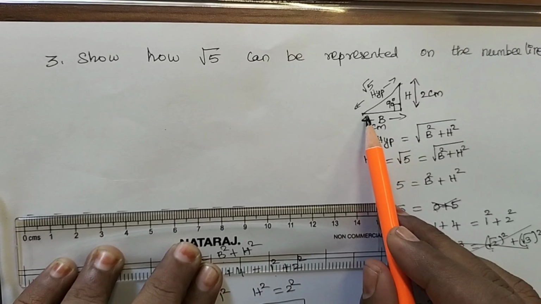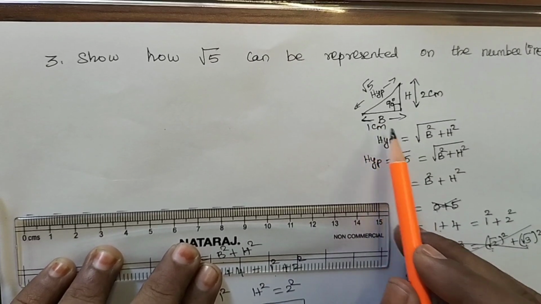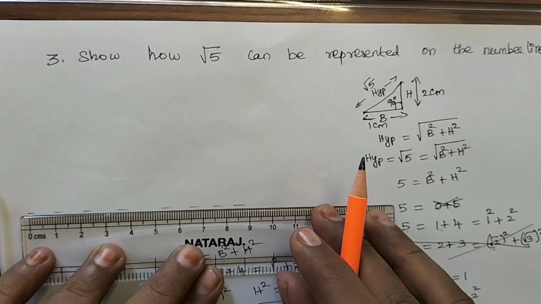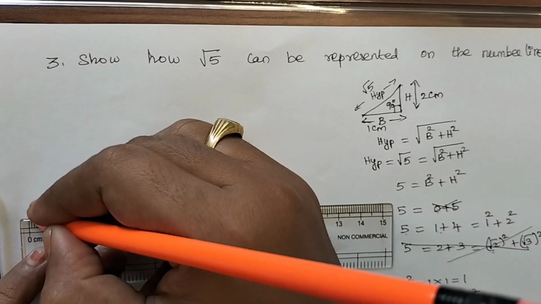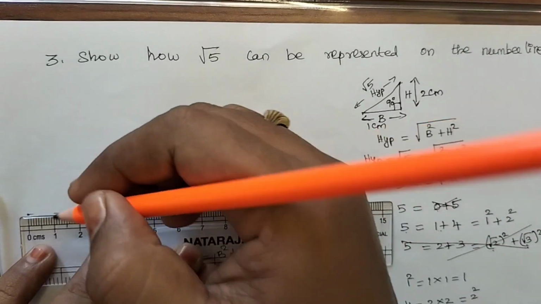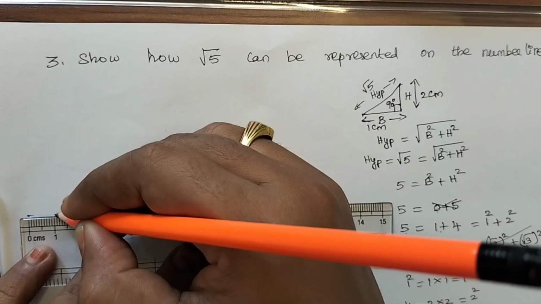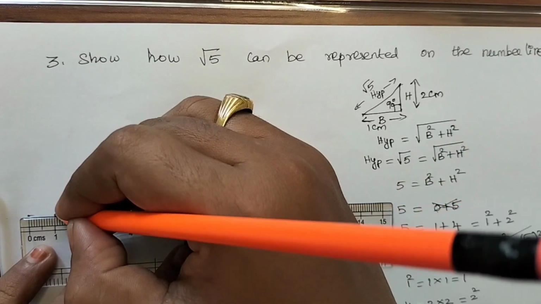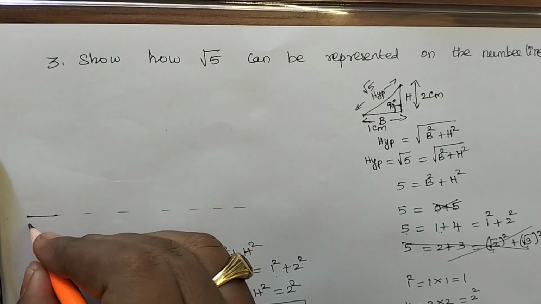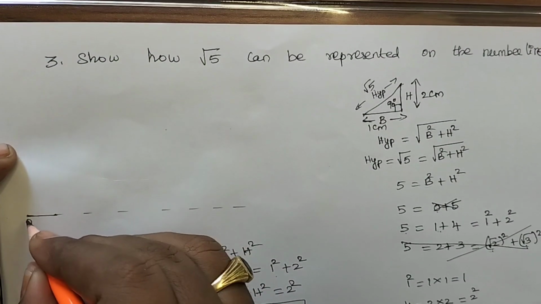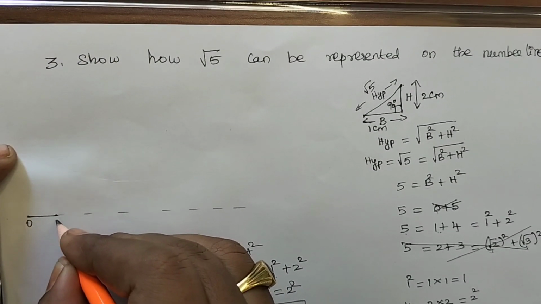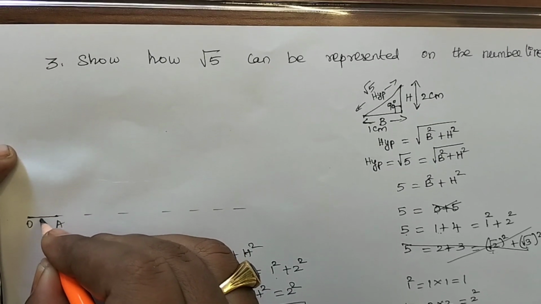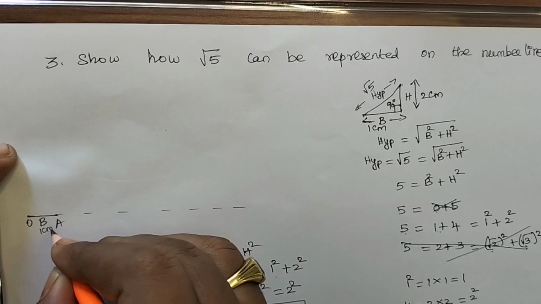So what I have considered now? What I have determined, base is equal to 1 centimeter. So since base is equal to 1 centimeter, put the point at 0 and then measure 1 centimeter, put the point at 1. Just join these two dots. So now this is O. I am considering this vertex as O, this vertex as A. And this measurement is nothing but base B, which is nothing but 1 centimeter.